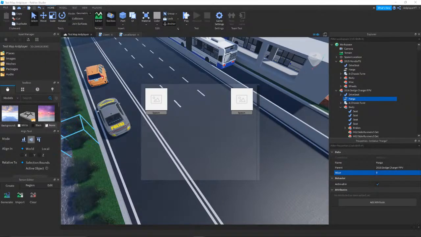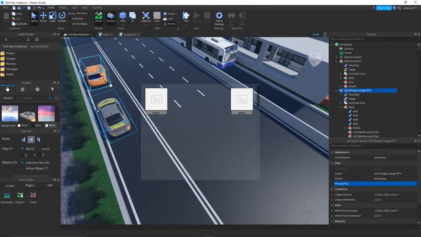Make sure that all your frames' image labels have a name under them. Go ahead and highlight the vehicles and drag them into